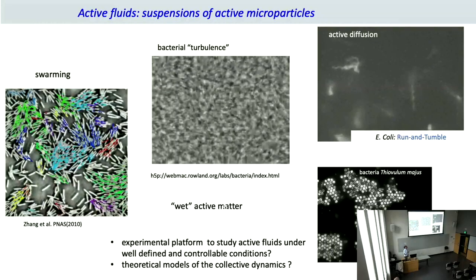Okay. So there is the phenomenon of turbulence, where the flow is very chaotic, but it's usually associated with inertia. So you have to be at very high Reynolds number. And here we are on the scale of the bacterium, so we are at micron scale where inertia is not important, yet you end up with chaotic flow. So the question is, where is it coming from?